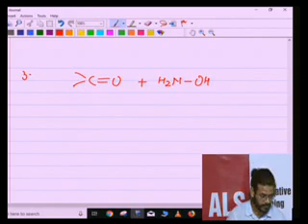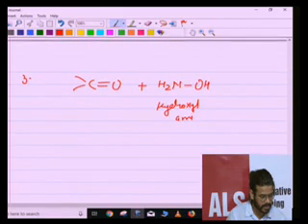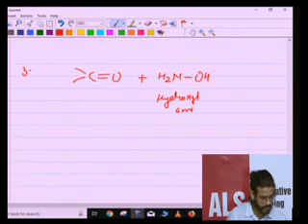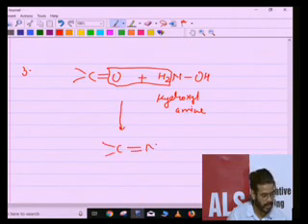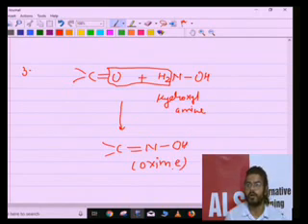Okay? So the name of the compound is hydroxylamine, and the phenomenon is simple. You need to remove H2O only. After removing H2O, the compound formed is C double bond NOH, which is known as oxime. It's O-X-I-M-E, oxime. So the compound is oxime, C double bond